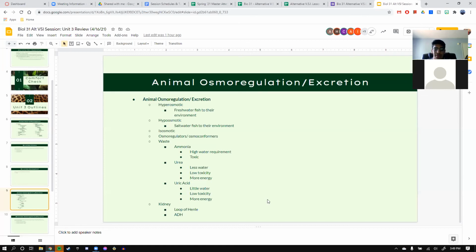And then finally, the kidney, which is very important for maintaining how much water we have in our systems. A lot of animals have a long loop of Henle, which is tied to the kidney, which helps them retain water a lot better. Because the longer the loop is, the more the water can stay within it and within the system, and is therefore retained within the individual. A shorter loop, the water doesn't stay in there as long because it can go through faster, and therefore it's not as helpful. But you don't need a long loop if you have a lot of water around you, or at